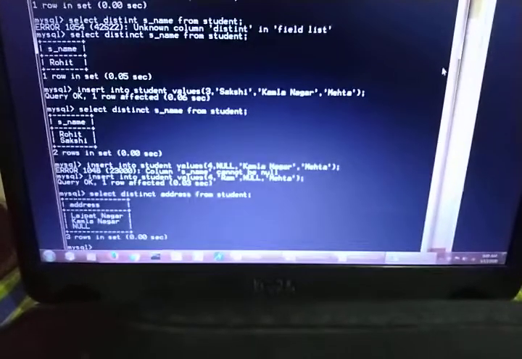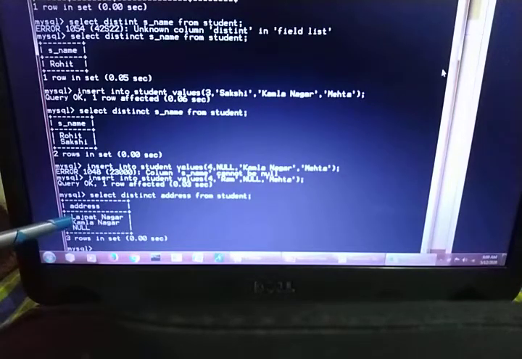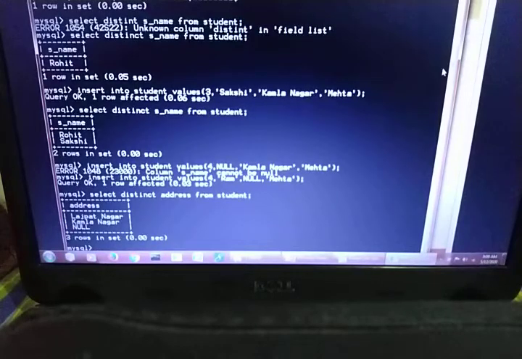Just see over here. All the different addresses you are finding: Lajpat Nagar, Kamla Nagar, including your nulls. So I told you, DISTINCT does not ignore the null value.